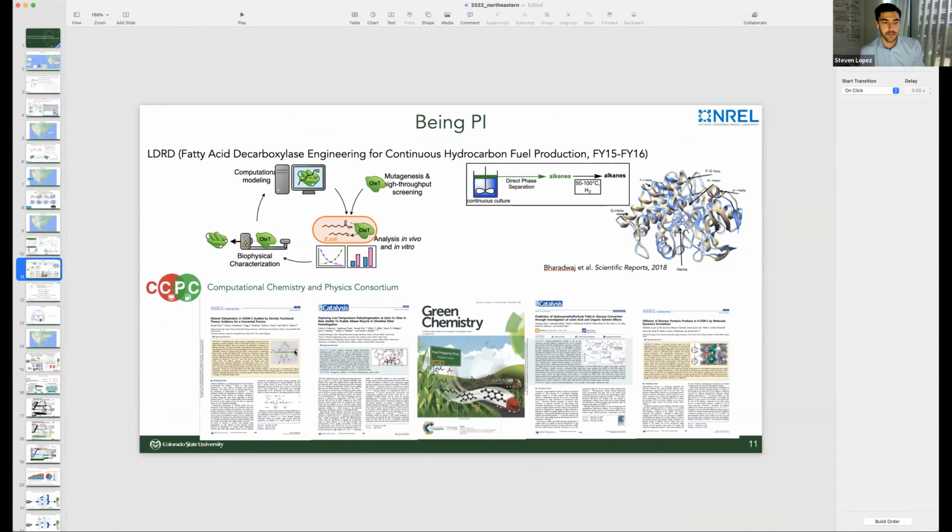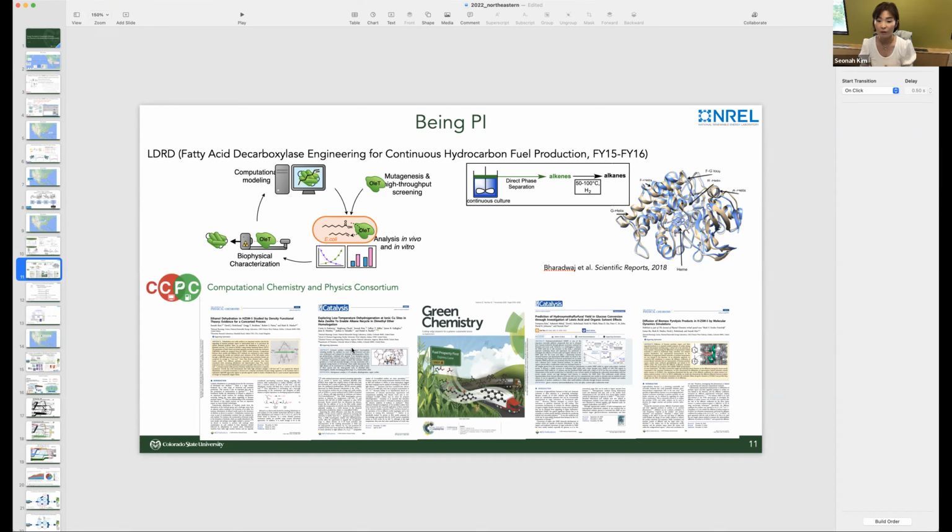So I got the first fund, and soon after I got another PI role from the Computational Chemistry and Physics Consortium. This is 6 national labs working together. I became one of the task leaders for the microscale computation, which means DFT, QM, MD, and QM/MM, using small scale. This one is quite a big effort. Each year, under my subtask myself, it was like a $1 million per year project.